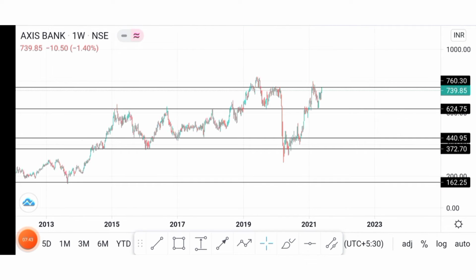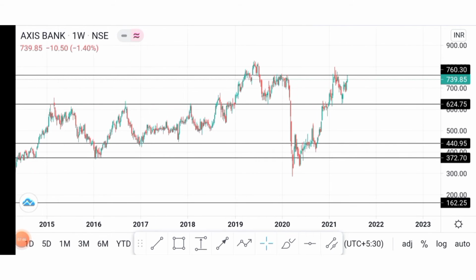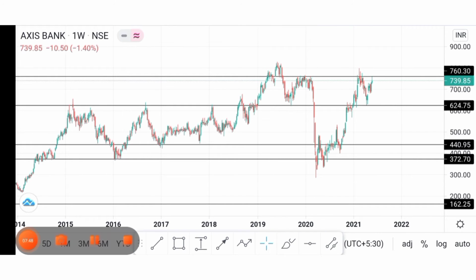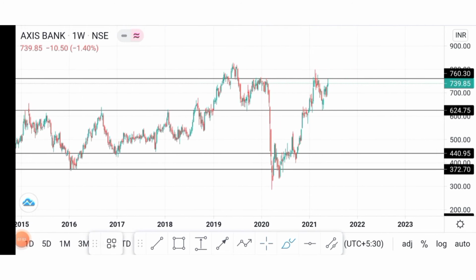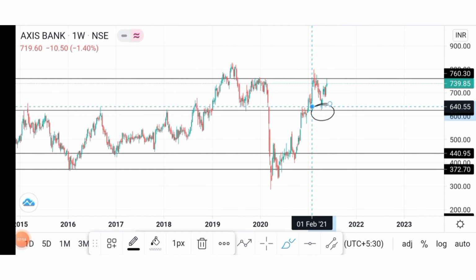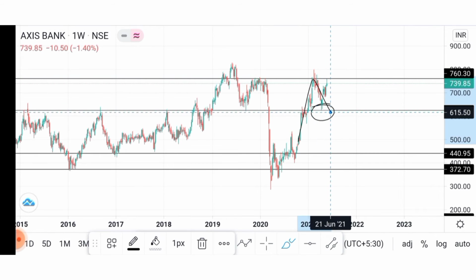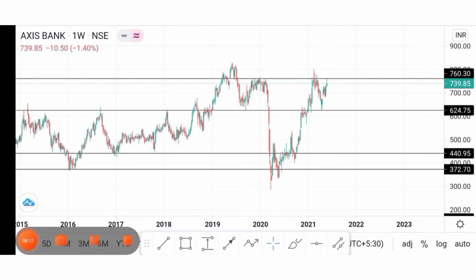And now you can see that the levels on my chart are much cleaner, and I can make my areas where I can trade. See, this line was previously acting as resistance, but when it broke upside and came lower, it is acting as support. Let's go with the second example.